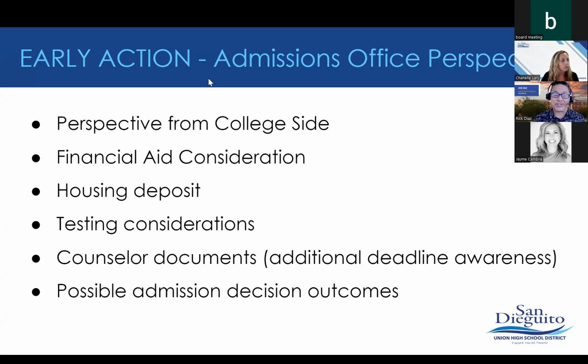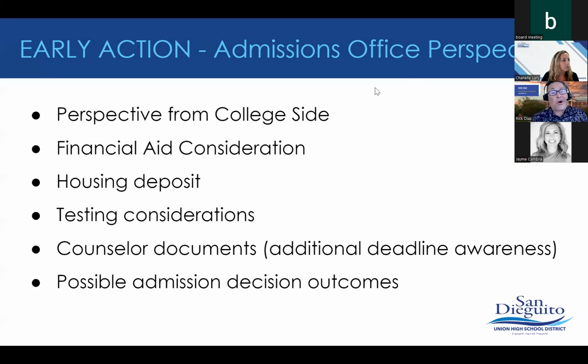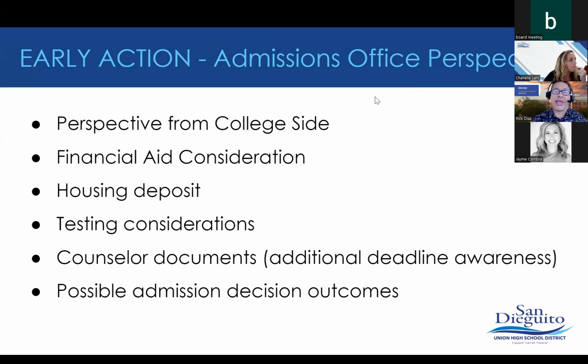Early action is you are not making any kind of commitment until May 1 in terms of an admission deposit, which is the next thing on the list, which is the housing deposit. As much as we would like all colleges to adhere to the same plan of you can't ask kids to make a non-refundable housing deposit until they even know they're going, in some places, housing is such a premium that they need to get that in line before they can actually figure out how many spaces they really have. So they may ask for an early housing deposit.